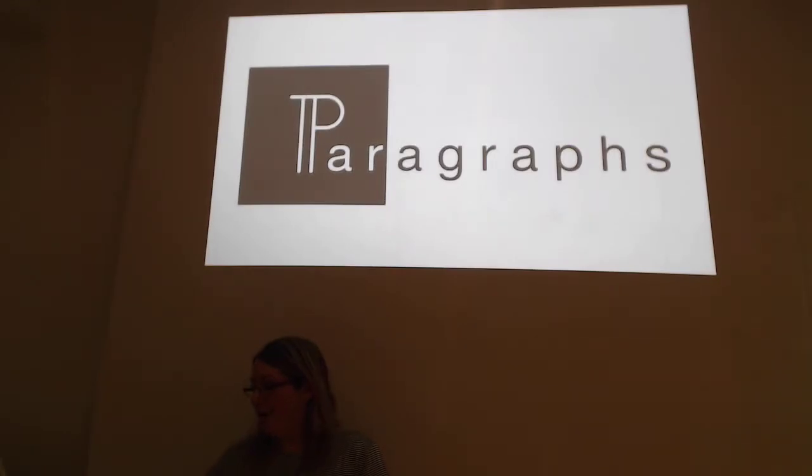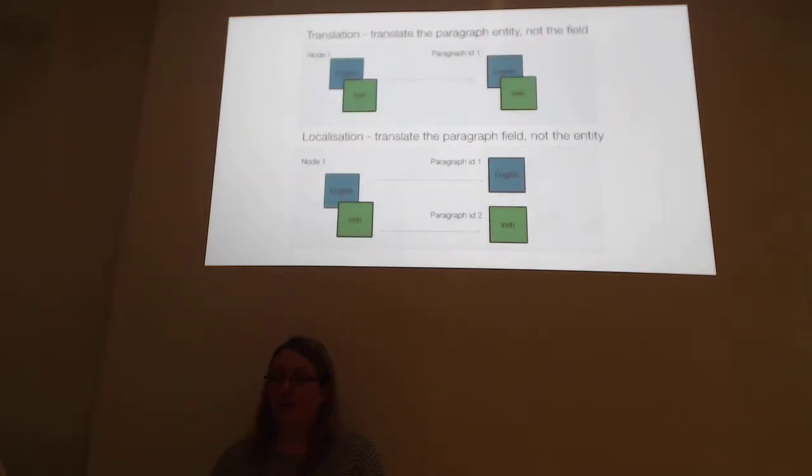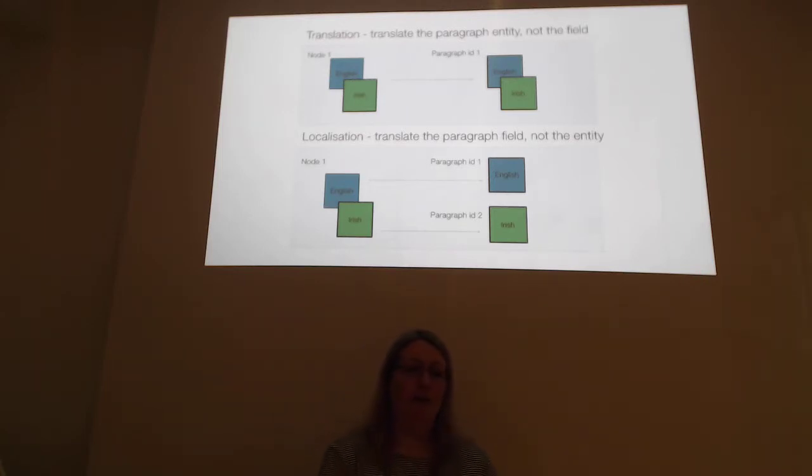So paragraphs. I'm guessing most people here have used the paragraphs module or do? Good. So the paragraphs module out of the box supports what I call translation. They recommend that you don't translate the paragraph field, you translate the paragraph bundle. Is that right? Yes.